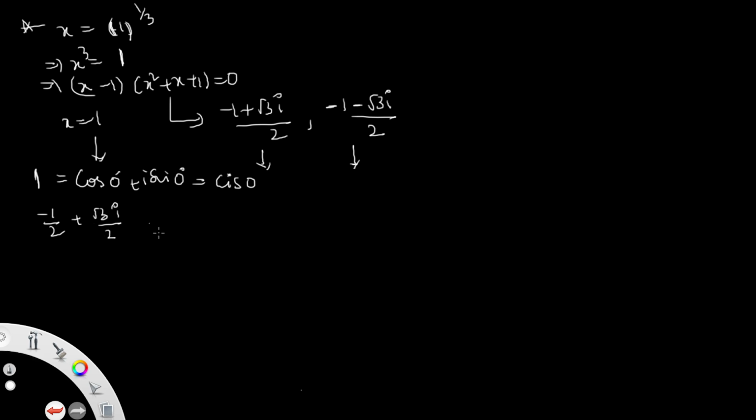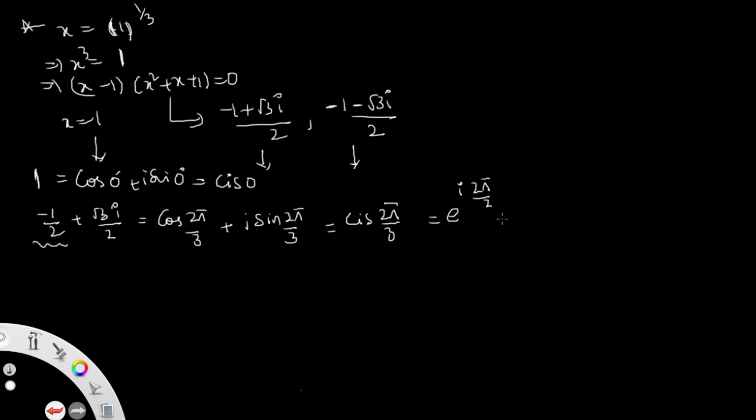That is nothing but, minus 1 by 2 in terms of cos means cos of 2 pi by 3 plus i sin of 2 pi by 3. Cos 120 is minus 1 by 2, sin 120 is root 3 by 2. So 1 means cos 0 plus i sin 0, that is cis 0. Similarly, this is cis of 2 pi by 3 in the polar form,